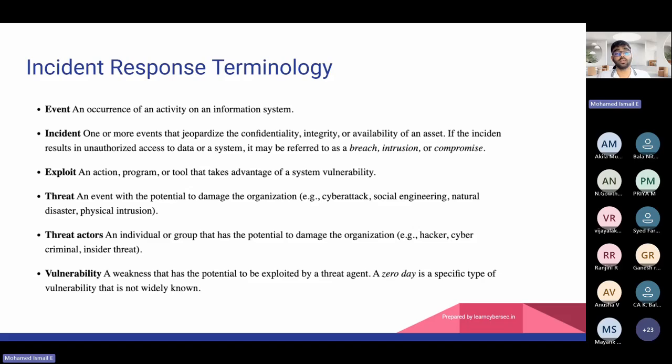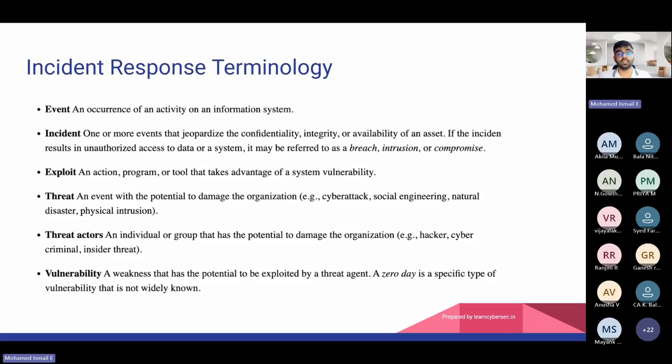Now, exploit: an action or program tool that takes advantage of a system vulnerability. How did this hacker come into the system? There could be some first way, right? There could be a vulnerability in the RTP session, or the user took remote control through some vulnerabilities. The hacker scanned and found a weakness in the customer facing form. He took remote control and encrypted the SQL database. So he exploited a known vulnerability or used some program to do that.